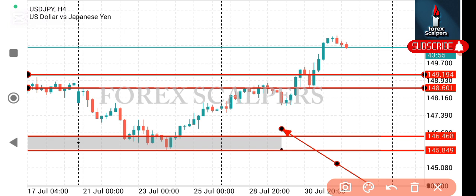Okay, so whenever a resistance zone is being broken and price retests it, the resistance ceases to be a resistance, it automatically becomes a support zone. And whenever a support zone, for instance, in this scenario,